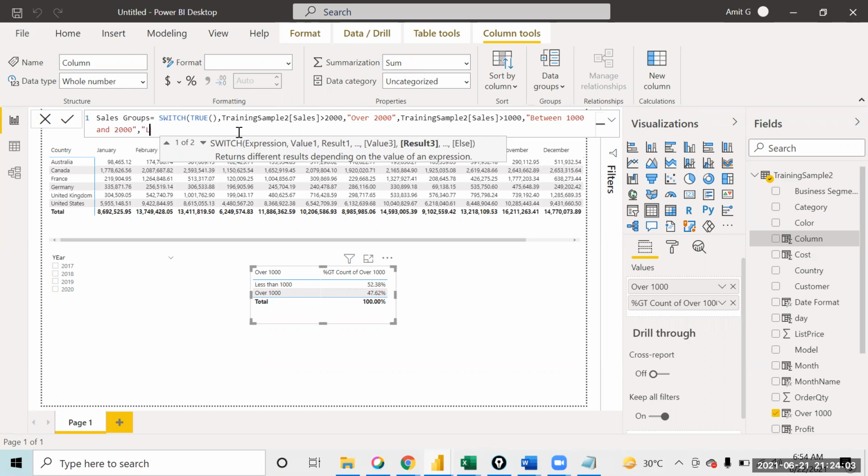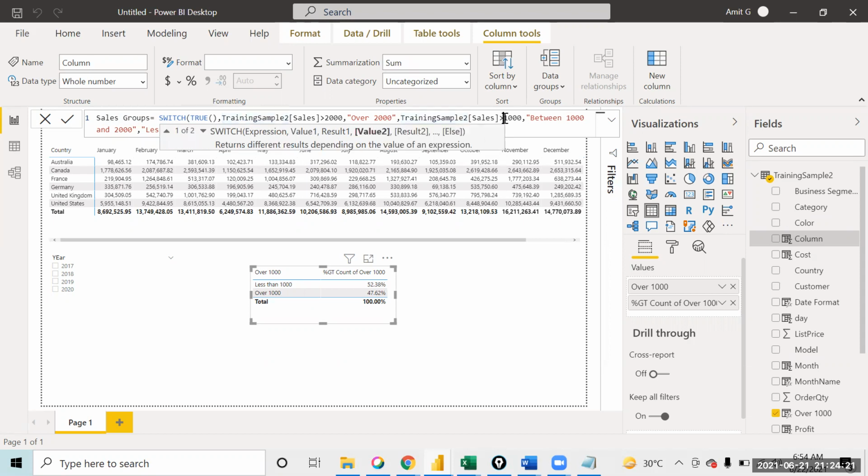Suppose that is less than 1,000. And there you go. You can put as many conditions as you want. I have now given two conditions. When the condition is true, output should be thrown. My first condition is if the sale is more than 2,000, output should be over 2,000. If the sale is more than 1,000, the output should be between 1,000 and 2,000, and otherwise less than 1,000. Okay, this is how you can get the output.